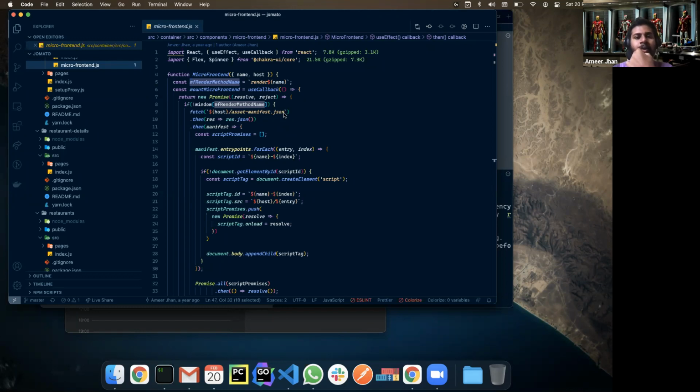Yep, exactly. So that's what actually happens. This is for the development workflow. When you actually build it for production, we don't use any proxy servers, right? What we do is we just place them into different buckets. So when I want to deploy this to production, I build my container and place the container in the root, and then I build the restaurant app and put it into another bucket called /restaurant, and for restaurant details, I put it in another bucket called restaurant details, right?